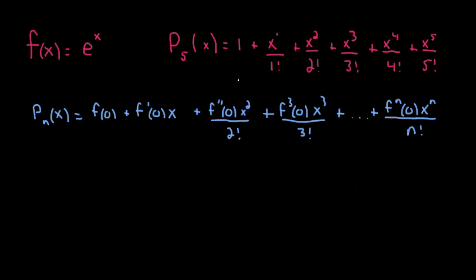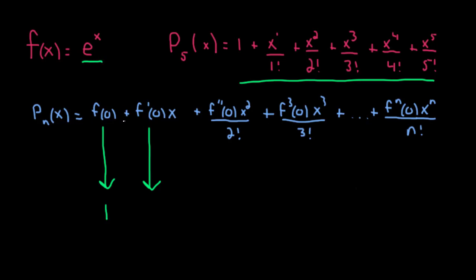So let's see how we got this guy right here. Okay, well, what is f of 0? What is e to the 0? And anything to the 0, with the exception of 0, is 1. Okay, so what's f prime of 0? Well, the nice thing about this function is every derivative of e to the x, the first derivative, the second derivative, the third derivative, they're all going to be e to the x, which is an amazing fact in and of itself. But f prime of 0 is also going to be 1